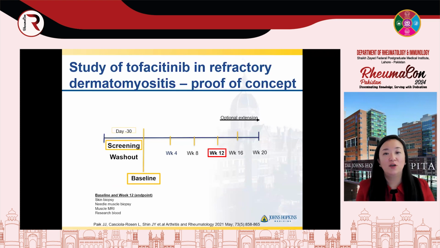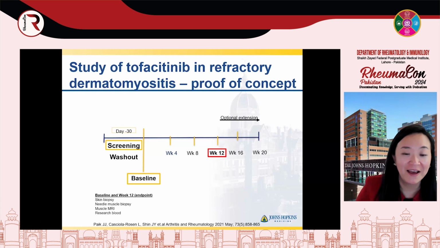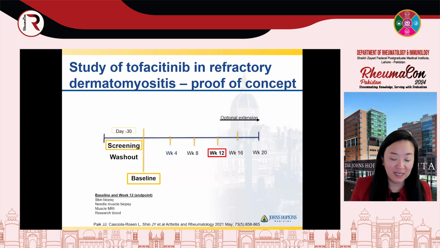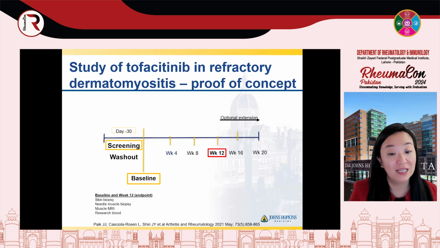So this really led to a collaborative effort with Pfizer and me bugging them incessantly, potentially, as you might think. We need to look at dermatomyositis. I had to convince them because really at the time in 2014, they were just only excited about rheumatoid arthritis because JAK inhibitors just came on the market. But through a lot of convincing and kind of pitches, I had to really convince Pfizer to please invest